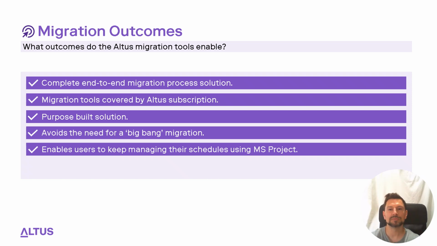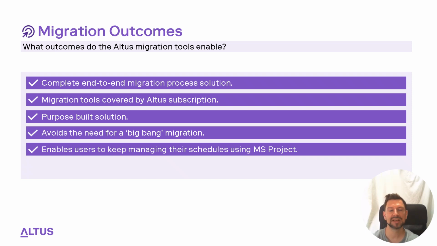But we're not forcing people to move off using the desktop schedule. So when the migration is completed, all those schedules that have been created can be managed in exactly the same fashion that they were managed inside of Project Online, obviously with some slight tweaks to the way in which information is served up in Altus. And I think that's pretty critical for those organizations who potentially had projects that used desktop project, but it wasn't